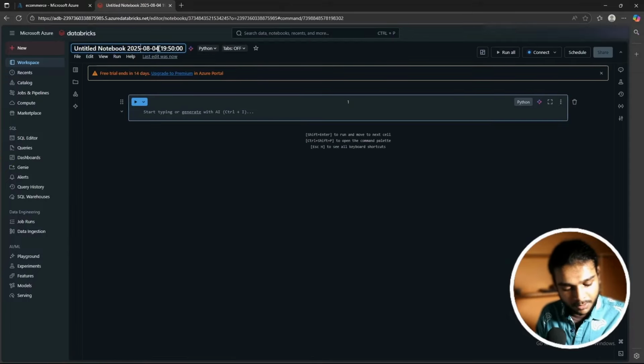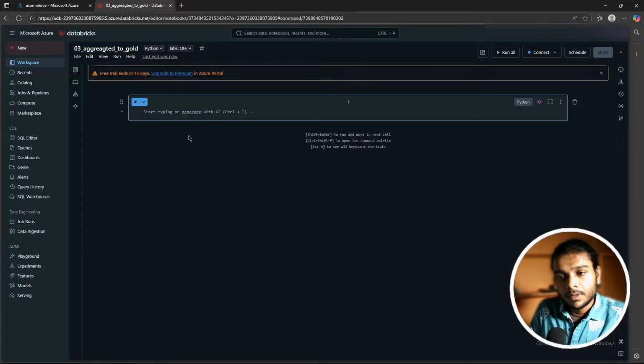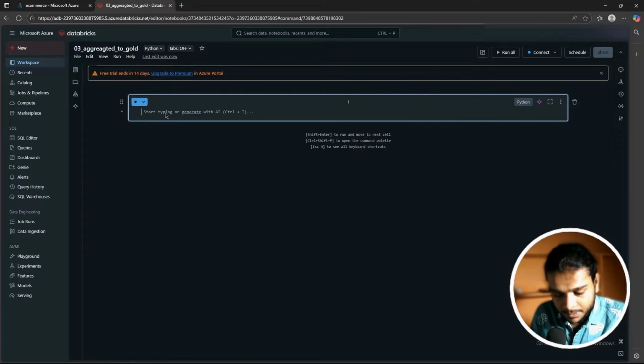For the gold notebook, let's name it. So this is step 3. We say aggregated, AGG, aggregated to gold. And then the basic steps, which are